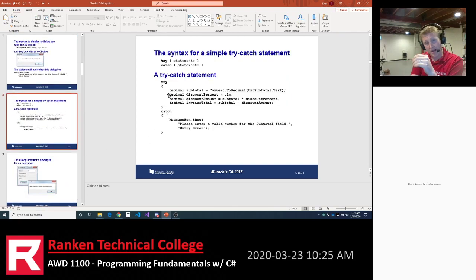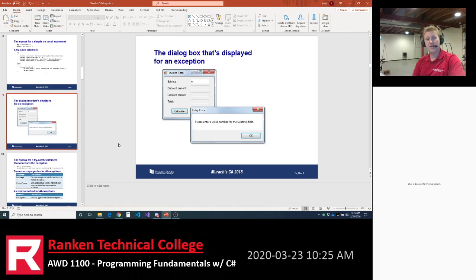So the try block is where you put the code that you expect to cause a problem, and the catch block is the code that responds: if an exception occurs, you run the code in the catch block. And as I said on slide 7, you might just show the user, hey, this is the problem that occurred. Please try again. Please put in a valid number. So here on slide 9, here's please enter a subtotal, and a little pop-up box shows that, hey, please enter